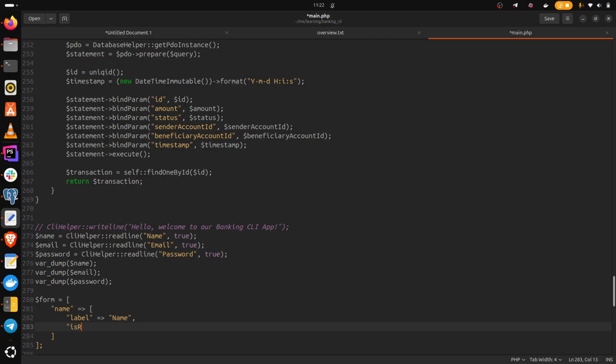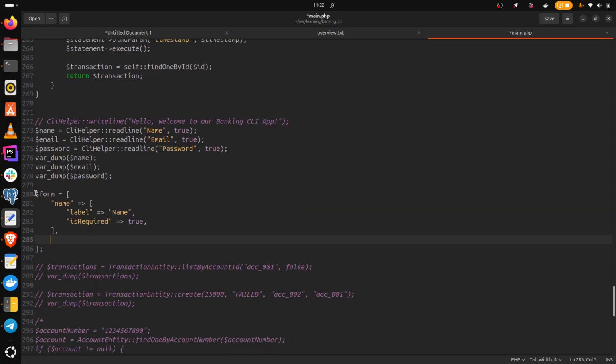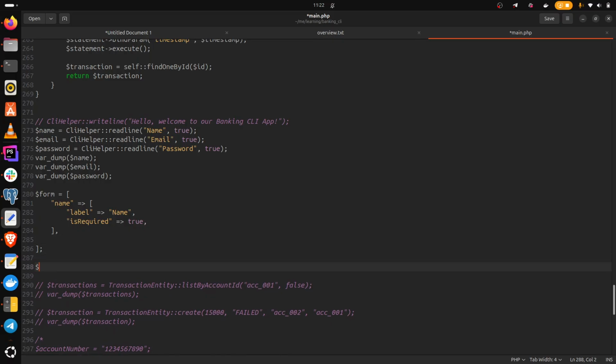Let's say is required would be, let's say, true, for example. And then we can have it for email and for password. Okay, and then we want to be able to call some function. Let's say data equals build, load form or generate form, something like that, and we'll provide this form